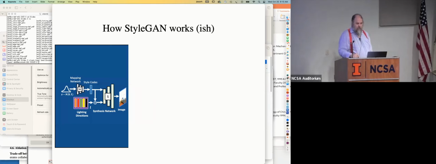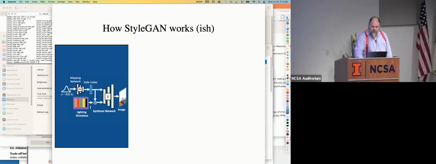And to think about how you control it, you want to think about how StyleGAN actually works. So you'll see there's a little network over in the corner there. It's receiving N01 normal random vectors. They go into a mapping network. That makes a thing that is called a style code. And that code is fed into a synthesis network. The code basically says, this is what I want each layer to look like. And out of the synthesis network comes something that is supposed to be an image.